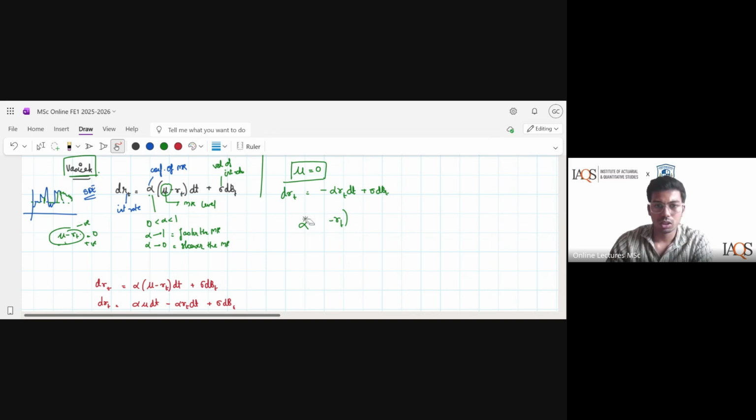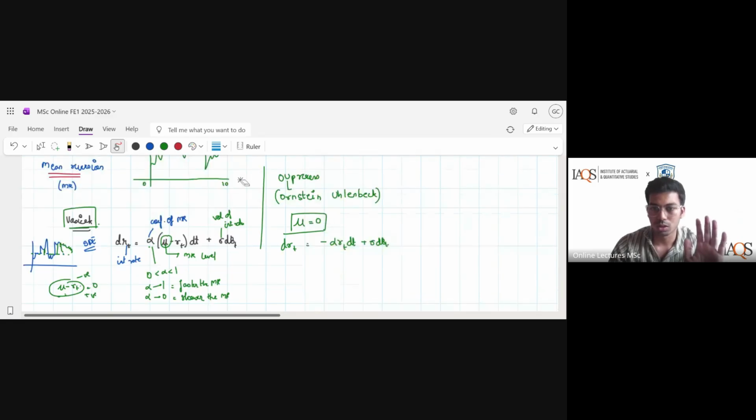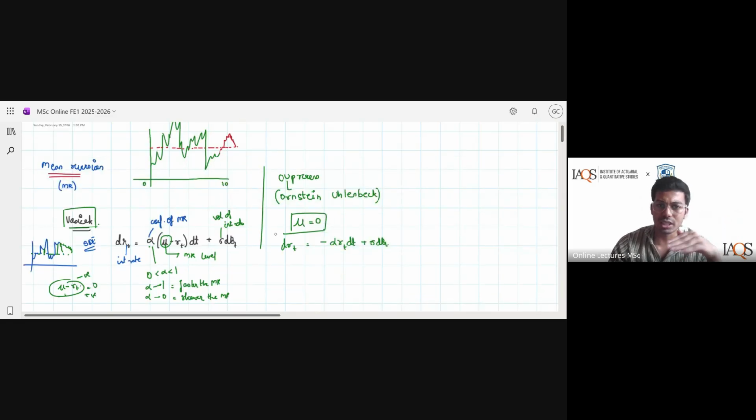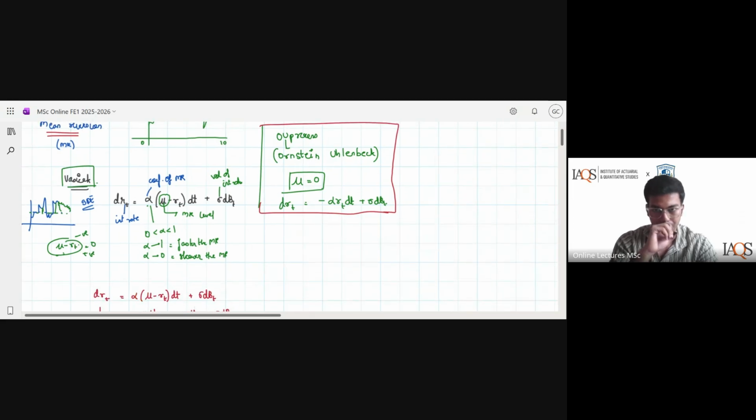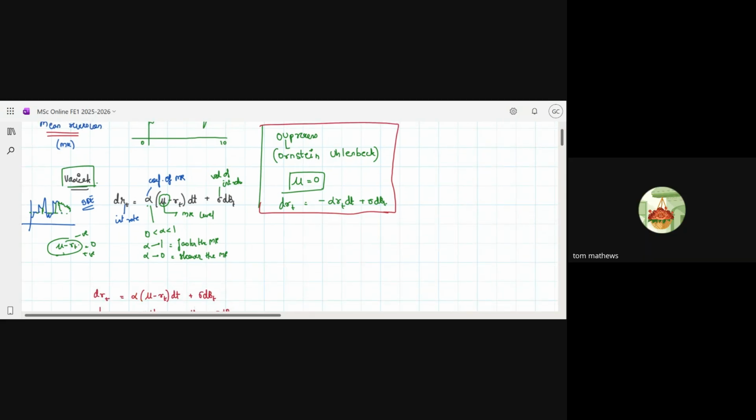This you can ignore. Ideally, we've done two derivations in this. One, we've done the derivation for Vasicek, the other derivation is for OU. So they can ask you as IR process, they can even ask you OU process. OU process is no different than Vasicek. It's just that the mean reversion level is 0. You will do entirely the same concept. Everything will remain the same, but with mu equal to 0. It's negative, no? Negative drift and all.